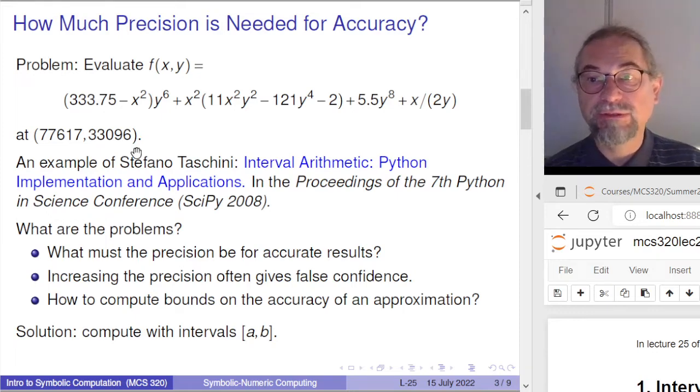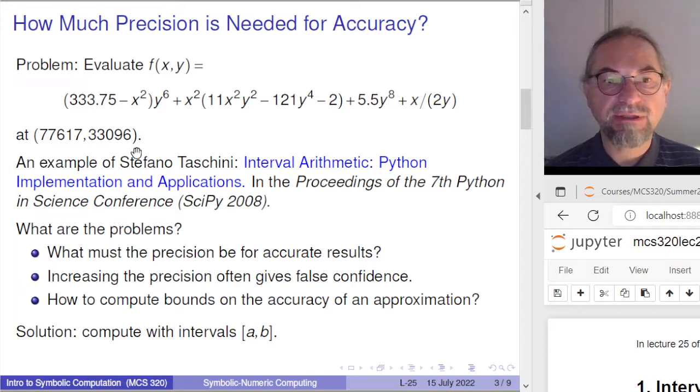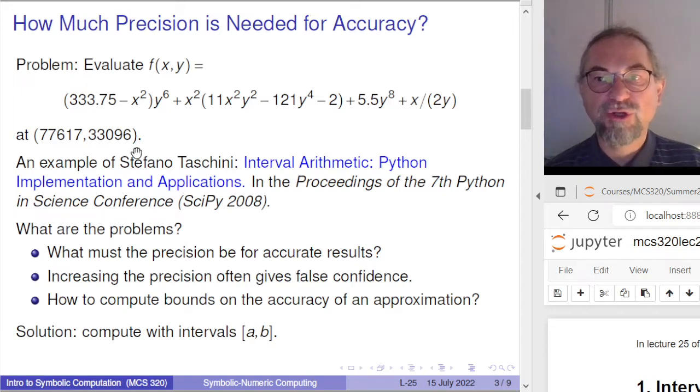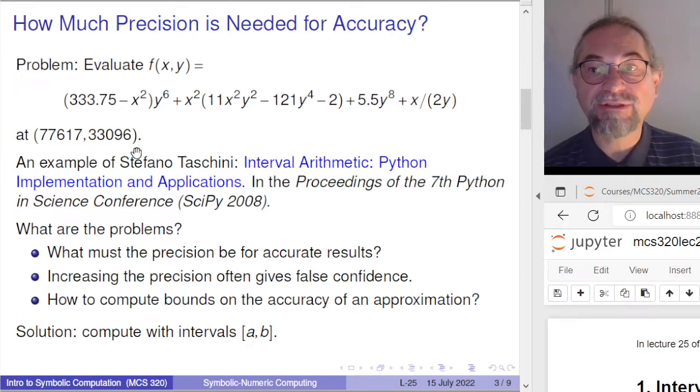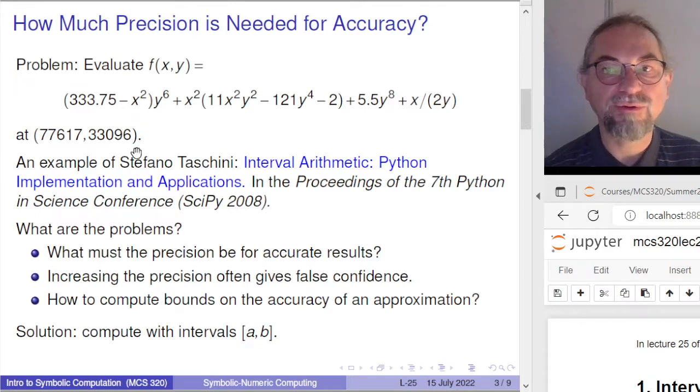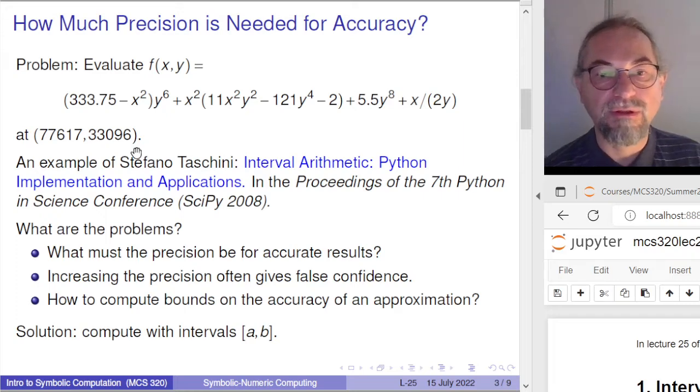We've seen how to work with multi-precision arithmetic, but we haven't really addressed the question, how should you set the precision in order for the evaluation to be accurate. So here for this example, we know the exact value, and computing the exact value is also not a problem. But in most interesting cases, one does actually not know what is the exact value, or the exact value is too difficult or